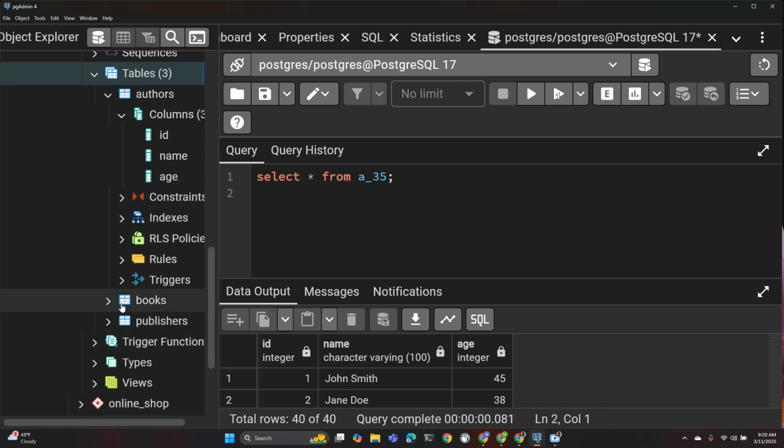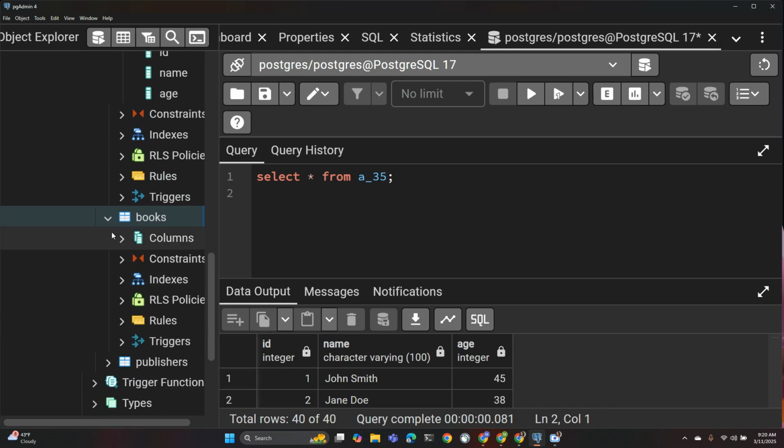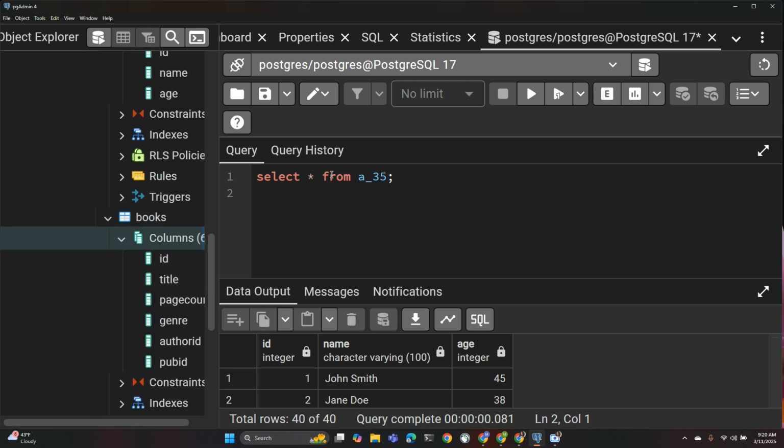So where do we have titles? I think that should be in the book table. Let's see. Yes, title. So that means now we would have a join, right? So let's do that. So we want to select, I'm going to alias our books table B. So let's just say B the title from A.35